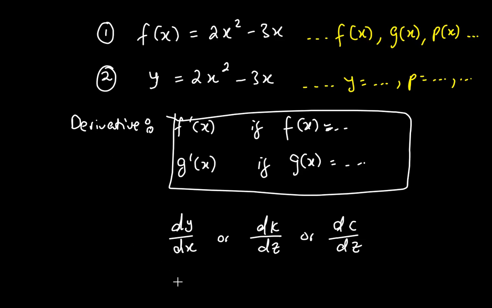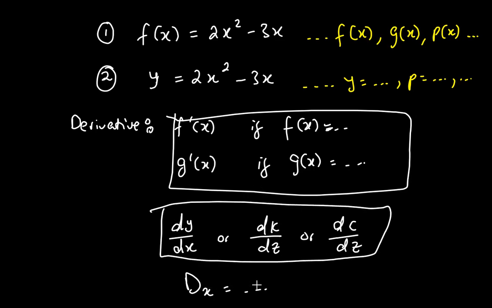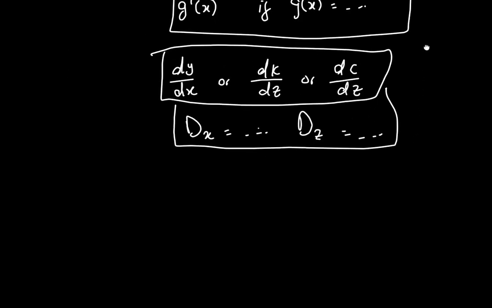Then the last method is you can say dx is equal to, this is how you represent your derivative. You can use this method, or you can say dz is equal to. It just depends on what you have there. So let's look at them step by step. Now the first method, if I have number one, if I have, let's say, f